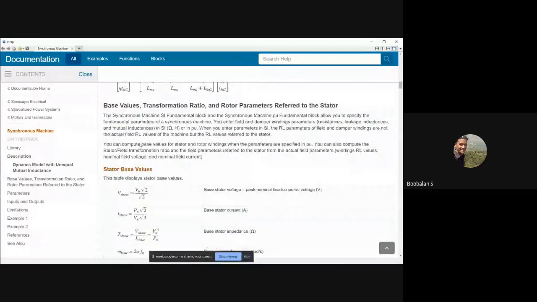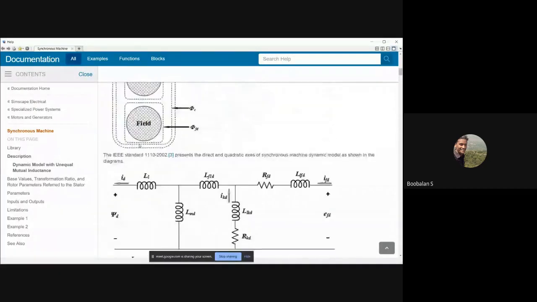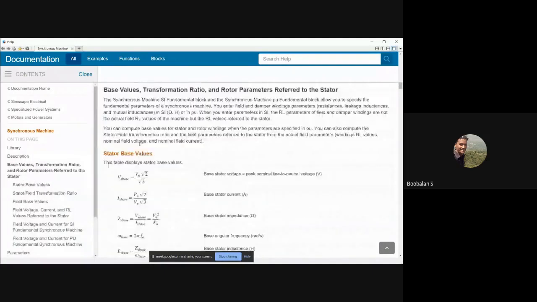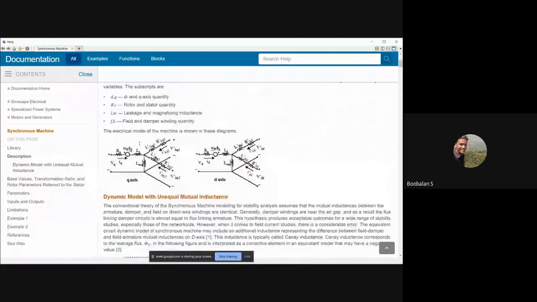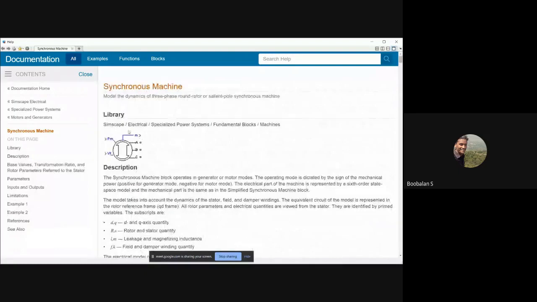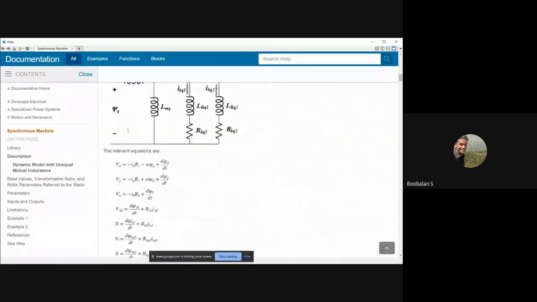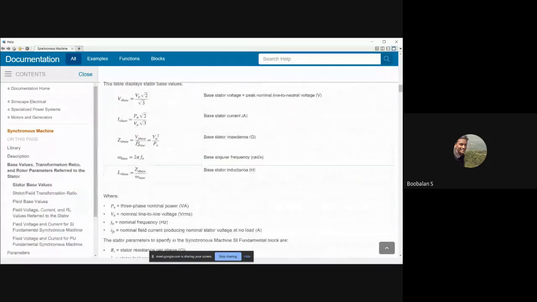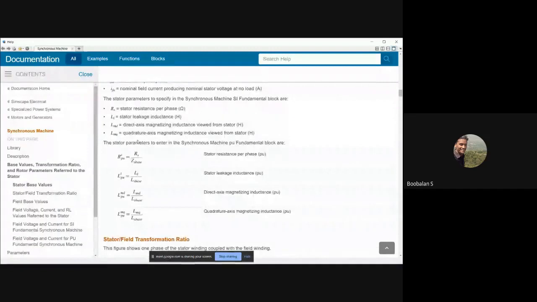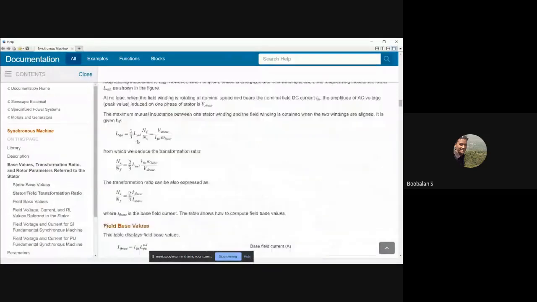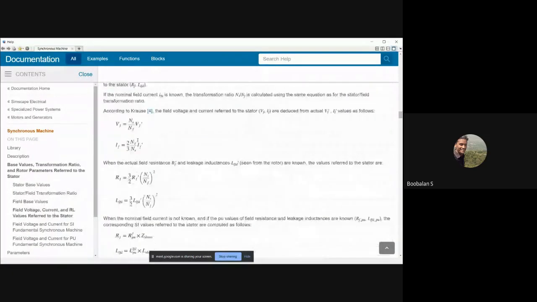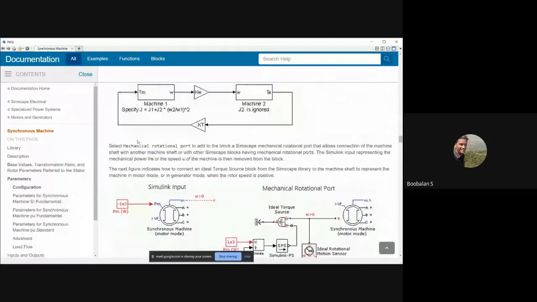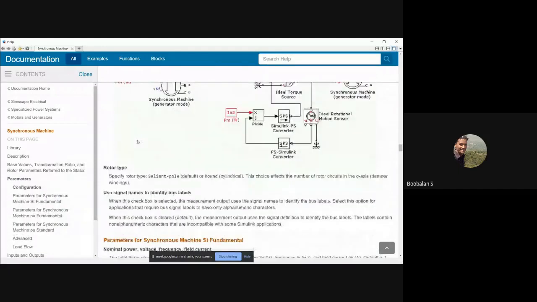You could easily understand. In the documentation, this model is built based upon this theory and these concepts alone. In the function block, this many differential equations are running. Got the idea? This many differential equations are running. Based upon these values only, MATLAB is working. And now I'm just looking for the terminal names. That's why I'm going to go with it. I'm just looking for the terminals. One second.